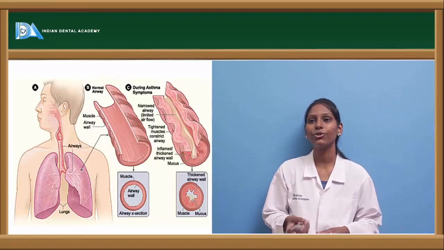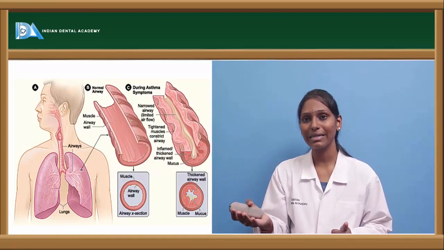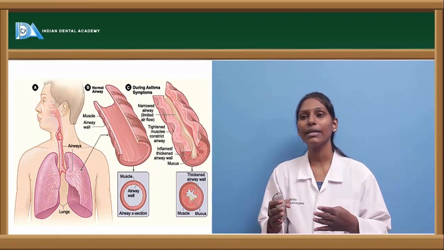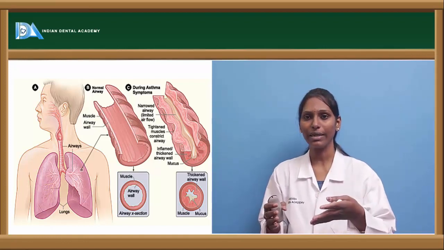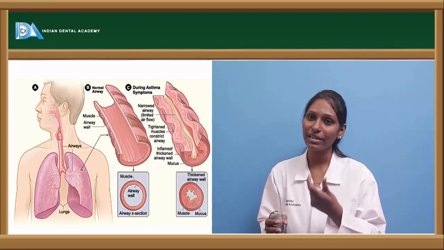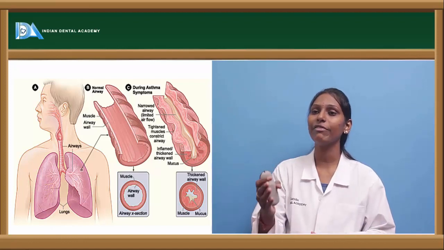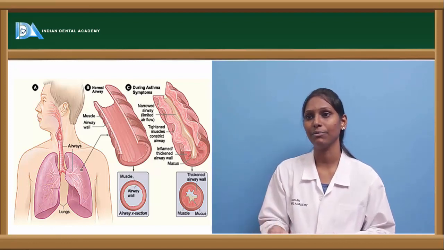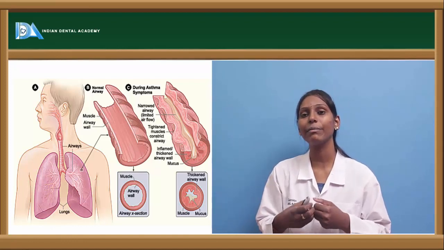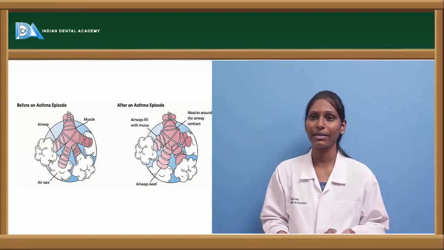This picture shows a normal airway and how the airway is disturbed during asthmatic symptoms. In a normal airway, the muscle and airway wall are normal. But where a patient has asthma, the airway is narrowed, mucus plugging can be seen, and an inflamed or thickened airway wall can be seen here. There is also a tightened muscle which constricts the airway, and the patient has difficulty breathing whenever they have an asthmatic attack.